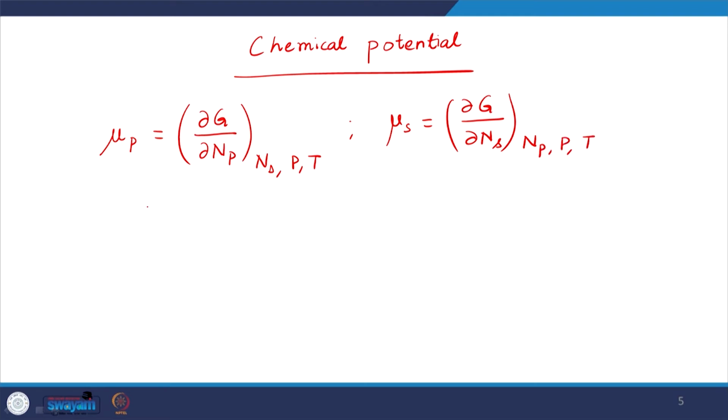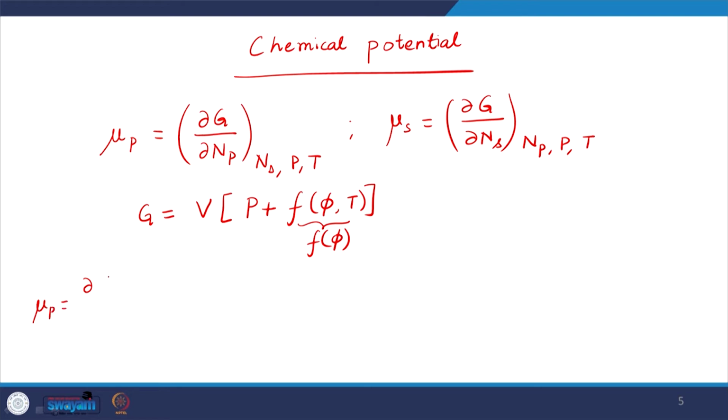Now, G is given as V multiplied with P plus F(phi, T), which we represented as f of phi, assuming that we are working at a constant temperature. So, then when I want to compute mu_p,